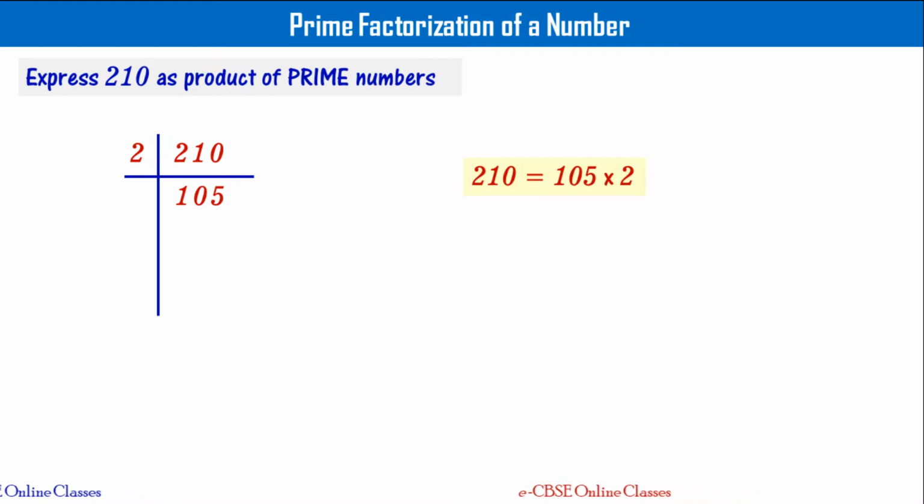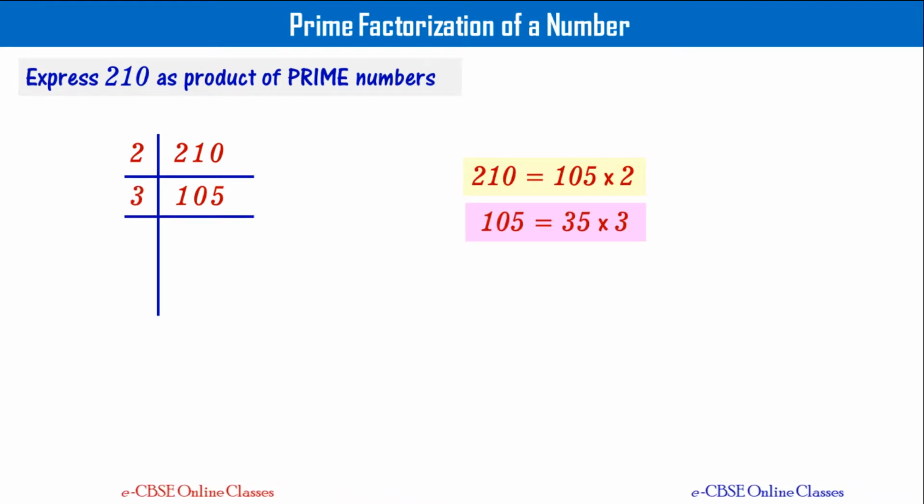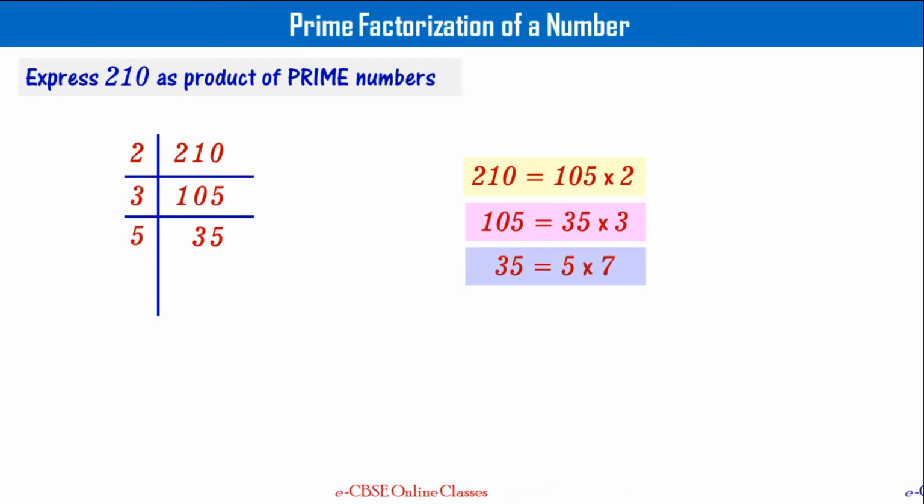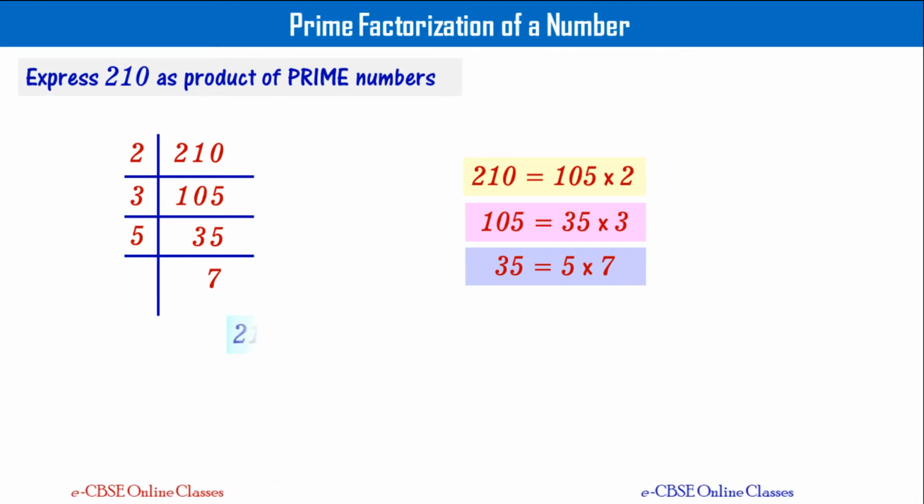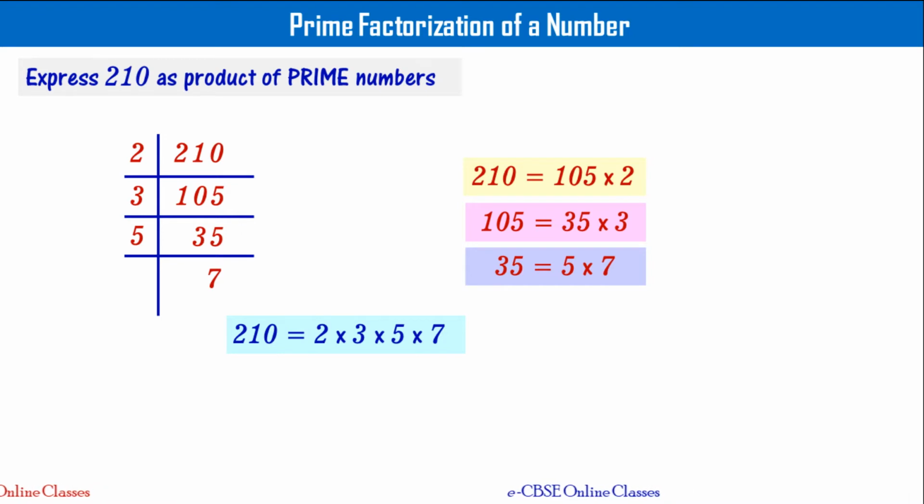So we have to go to the next possible prime number, that is 3. Let me see whether 3 can divide that or not. Yeah, 3 can divide it, and the answer you get is 35. 35 is also a composite number, and since it is odd, it is not going to be divided by 2, and 3 is also not going to divide that. So the next possible prime number we have is 5, right? So let me divide that with 5, and the answer I get is 7. 7 is a prime number, so we stop here and write 210 as 2 times 3 times 5 times 7.